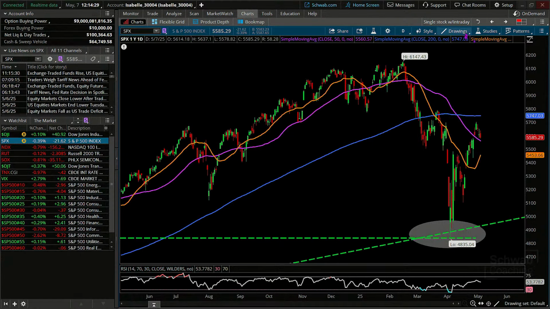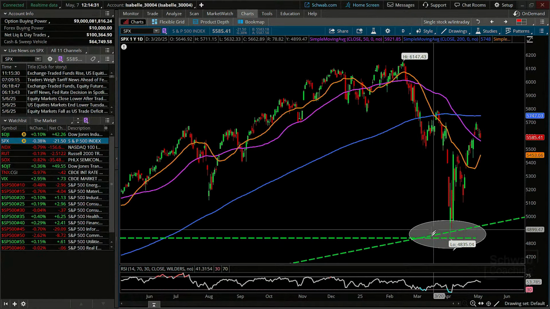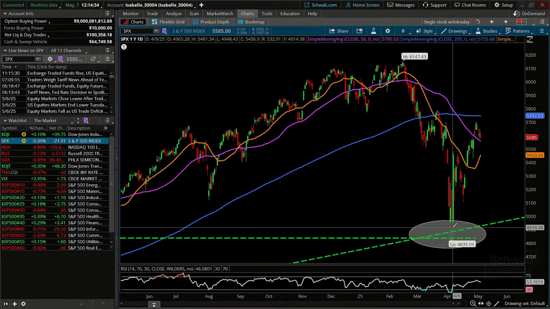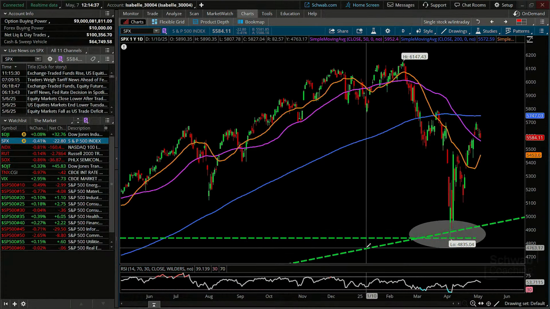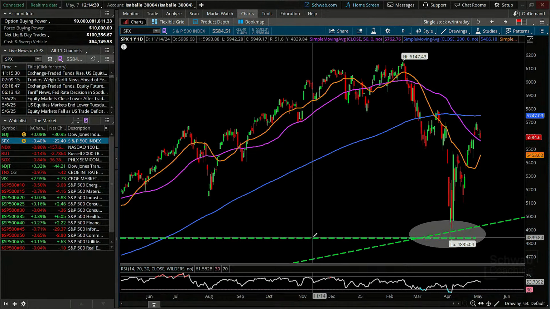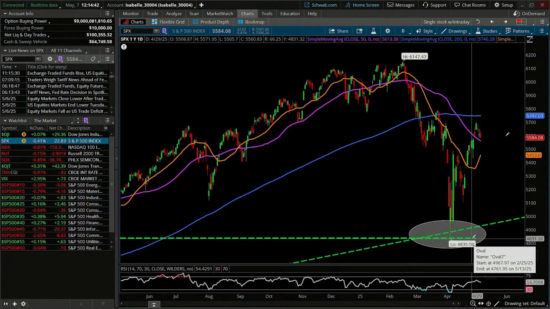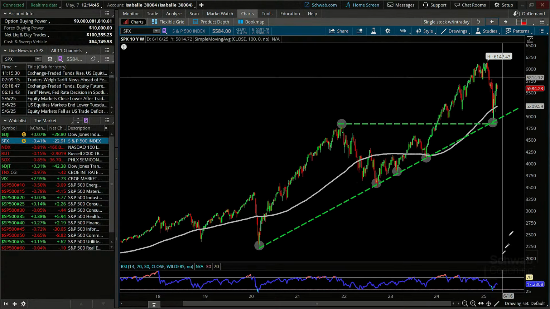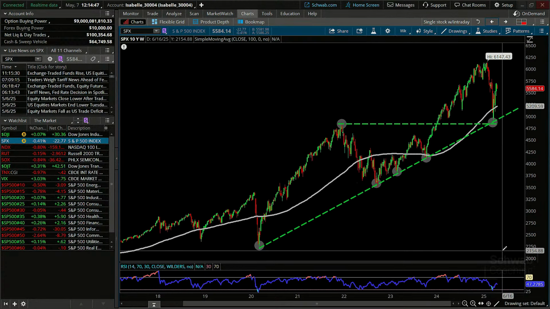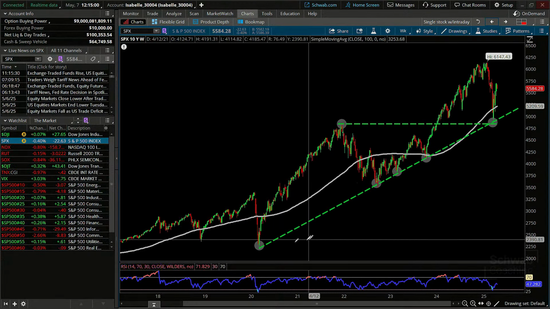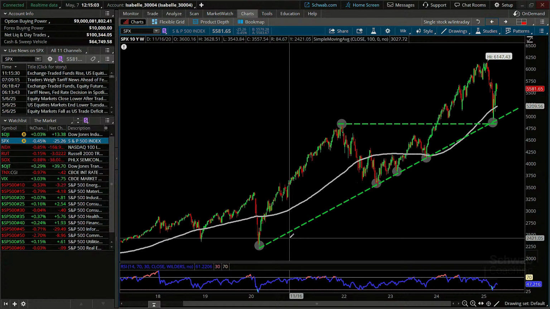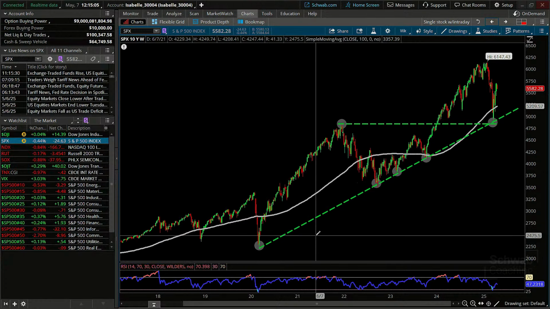On my overall daily chart, I've got this oval that's capturing the most recent low in the S&P 500. I've got a long-term trend line reflected. I've got a long-term horizontal support reflected. Now, if I go to my weekly chart, you're going to see those exact same lines, right? Now, if I don't want those lines to appear on my daily, not to say that that's the proper way to do this in any way, but what I do want to do is maintain these lines on my weekly chart, but I don't want those to appear on my daily.